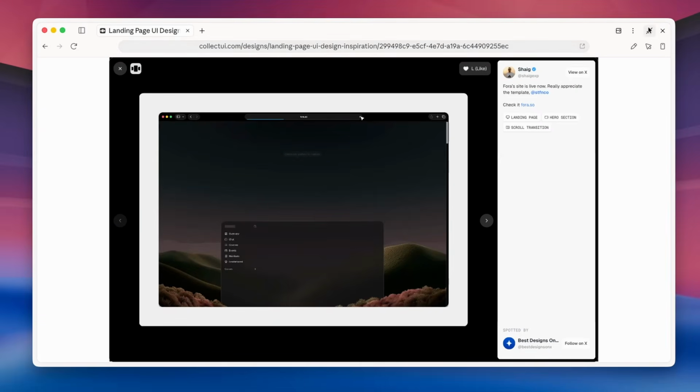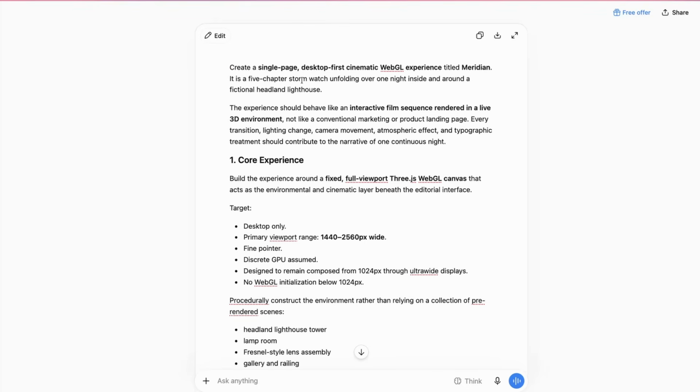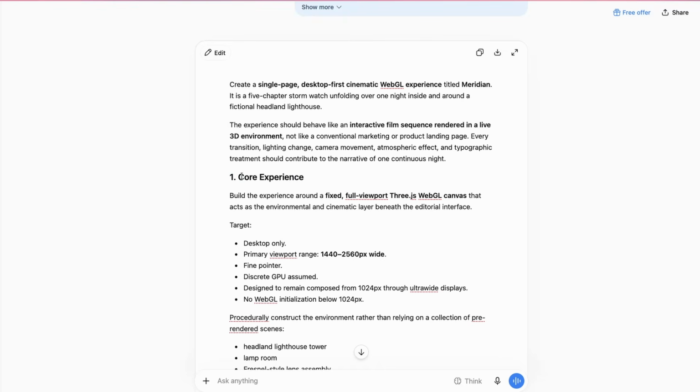Let's go back to the code and let me show you my 7 steps for a prompt which will take this reference image or reference website to a whole new level. And this is a simple prompt, and you need to have a really good idea. Now I built this prompt with ChatGPT, and here we already have the first building block of the prompt,